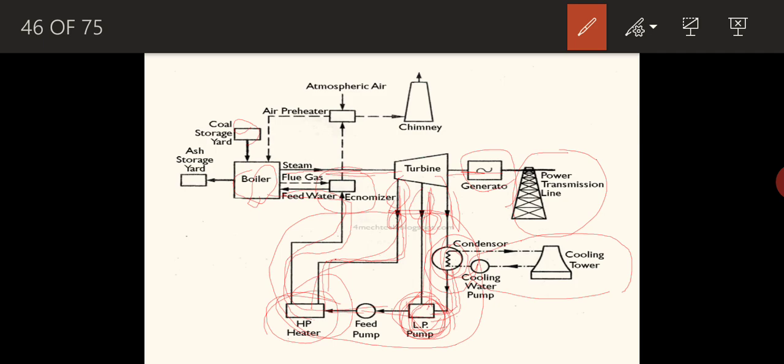If the water is coming at 30 degrees Celsius, then the temperature difference required is 70 degrees. Temperature difference is 70 degrees, that much heat we have to supply. That is a very huge amount. So by doing all these things, we can reduce the heat input to the boiler. Correspondingly, we can reduce the coal consumption also. Okay, that is the advantage. So that is all about the water circuit.